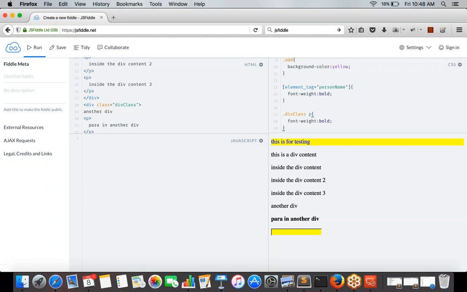So what we have seen is, what does a space in a selector do? Space basically means child of. When I give selector 1 space selector 2, it essentially means selector 2 is a child of selector 1. In this case, P is a child of a class with a value div class. That is what it means. Now, the other way of